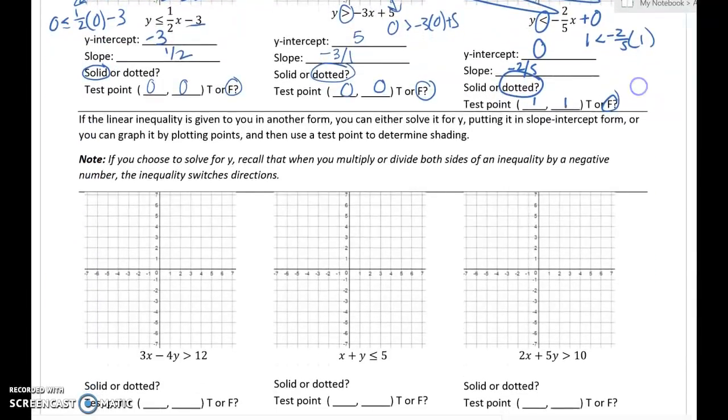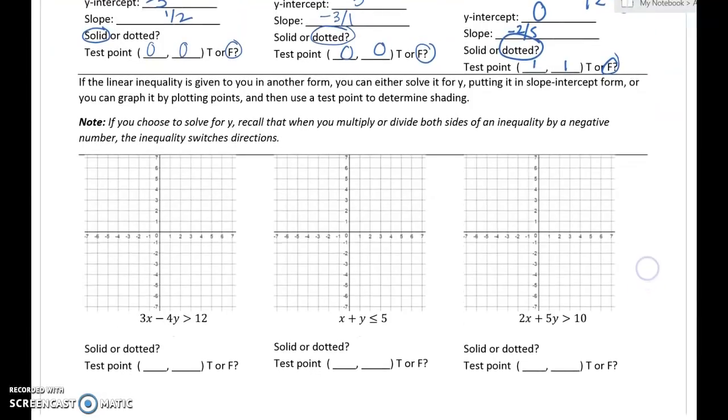Going down below, it's a similar idea, but now they aren't all in slope-intercept form. So our options are either solve it for y and put it in slope-intercept form, or you can graph it by plotting points. Typically x and y intercepts, but any points would work. And no matter what, we'll still use a test point to determine shading. So for the first example,